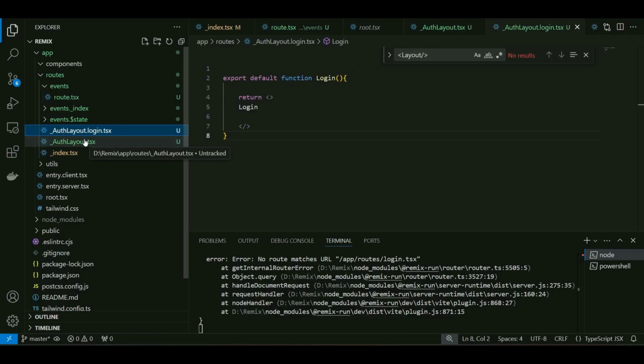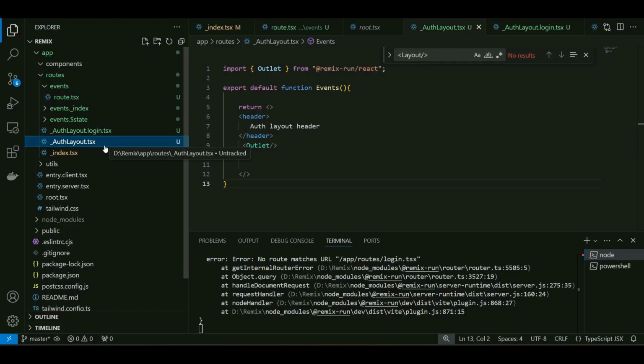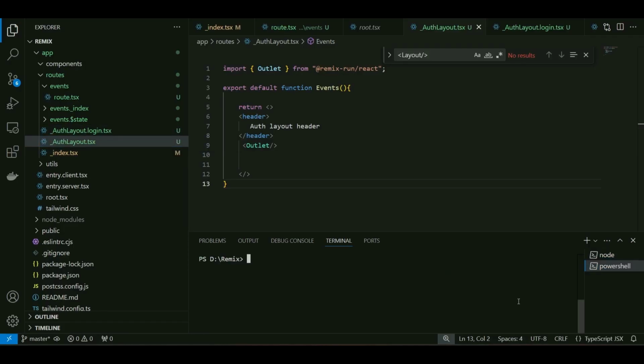Now you can create reusable layouts in your Remix route. You can use those reusable layouts by just specifying the name of the layout before the route. The route name is login. It's not auth layout slash login. It's just login. But this is like a prefix. If you provide the layout name before the route name, then it is a way in Remix to ensure that you're using this layout. And if you try to debug this using the Remix route debugger, let's see what we get